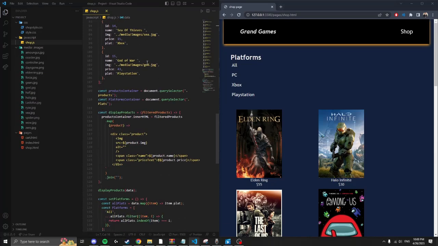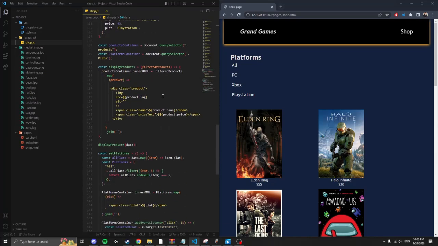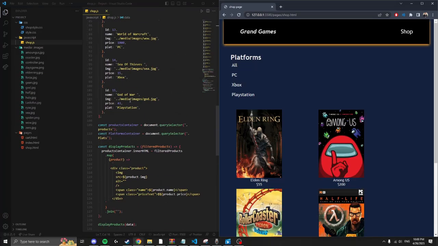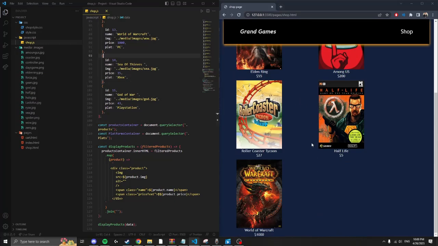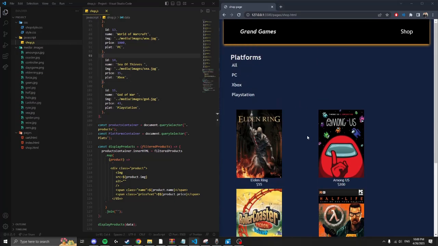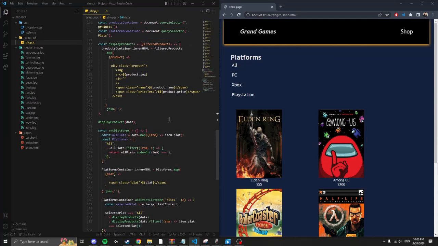And then you can sort it out and filter it so that when I click on PC, everything with the PC platform tag will appear,